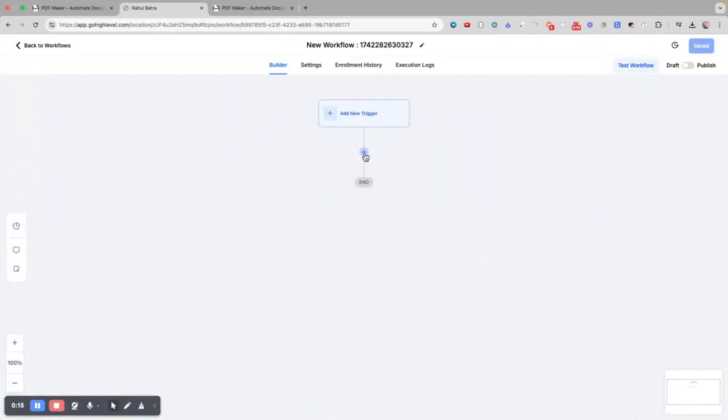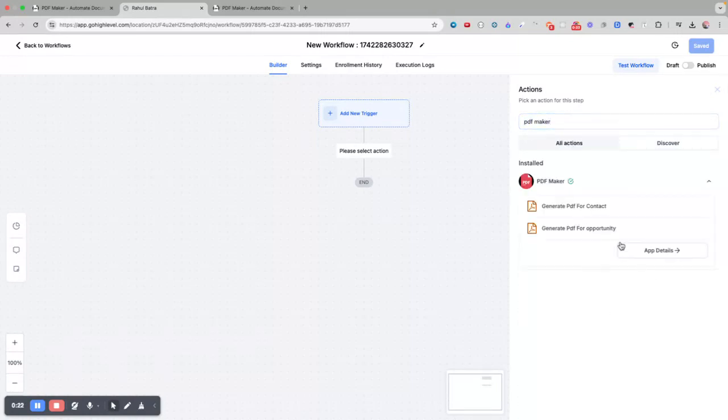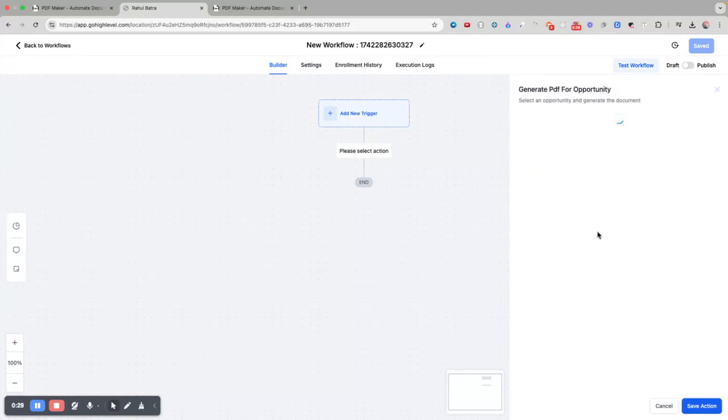Now here you just have to select an action, go to Discover and search PDF Maker. As you could see, there are two actions: generate PDF for contact and generate PDF for opportunity. So I'll just select this one, and